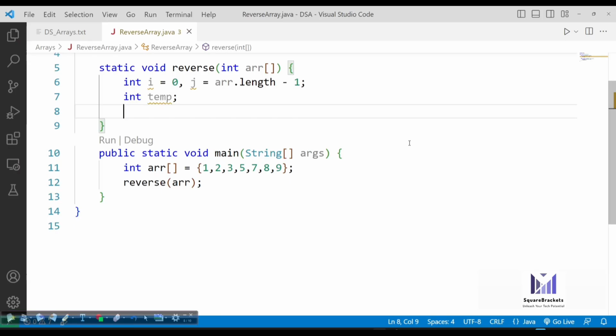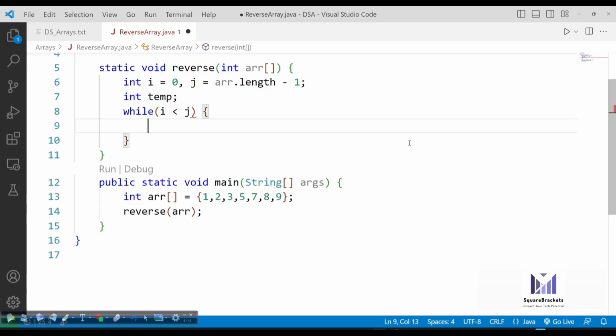And now we know how many times we have to do the swapping: until i and j become equal, or you can say till i is less than j. The simplest condition would be till my i variable is less than j. Only till then I have to use a while loop. So it is now decreasing your time. It's like half of the iterations you are using. You are not even iterating the whole array. You are iterating only half of the array.